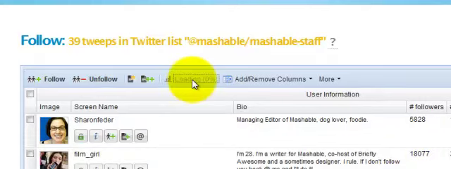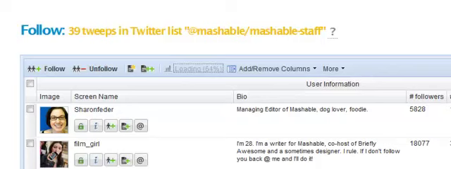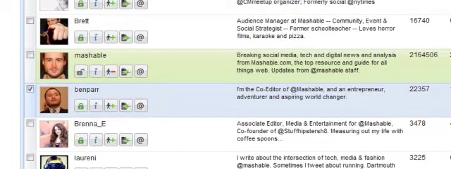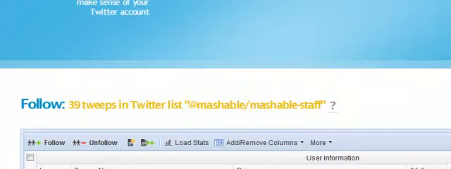Let's load their stats to see what they've got going on here. Okay, so guys, look at these. Their clout scores are just awesome. So you know people are engaged with what they're saying. So you can go in again and follow. Now, even more targeted than what we just talked about is to go and find the people that are following them and connect with them. So find the leaders in your niche, and use this tool to get some really good targeted followers.